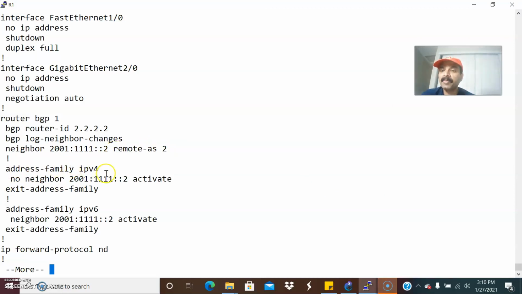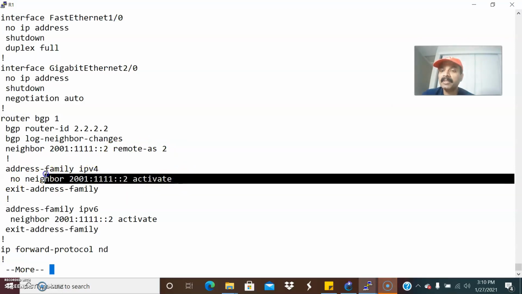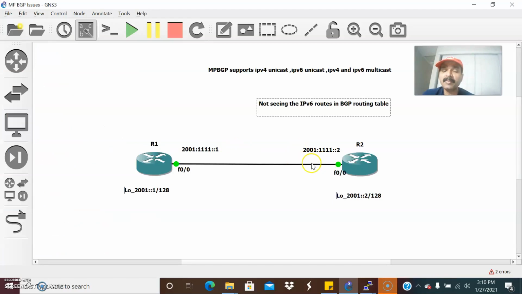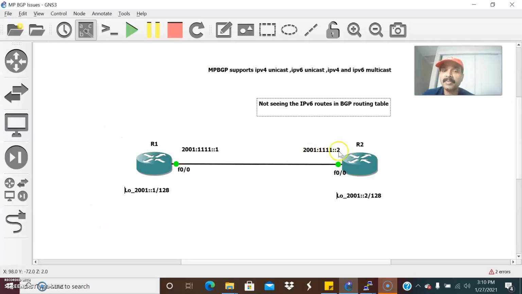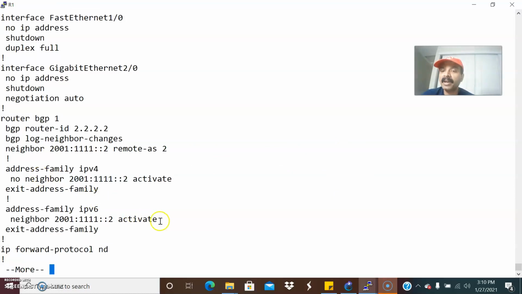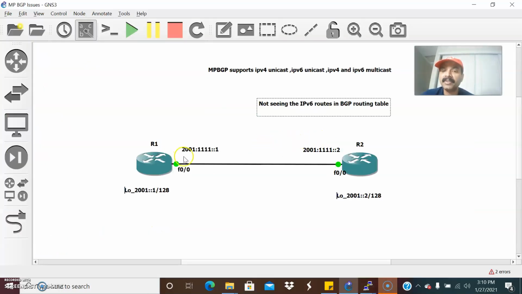Then address family IPv4, no neighbor activate. Since it is IPv6, we are disabling IPv4. Then we configure address family IPv6, neighbor this corresponding interface, then the activate command, that will activate the neighbor.